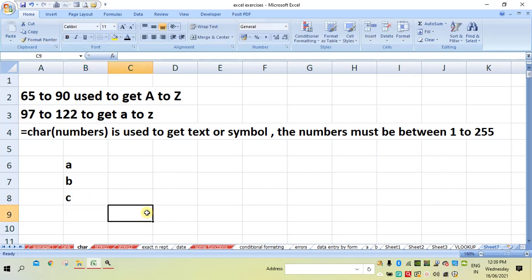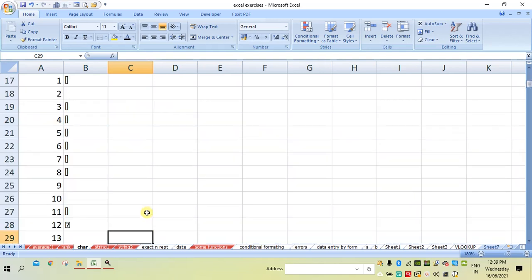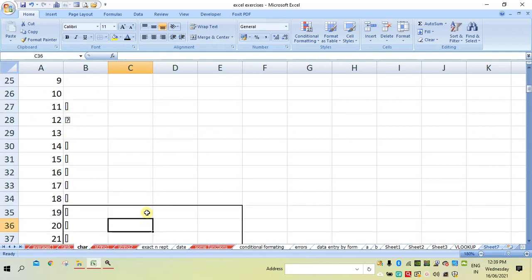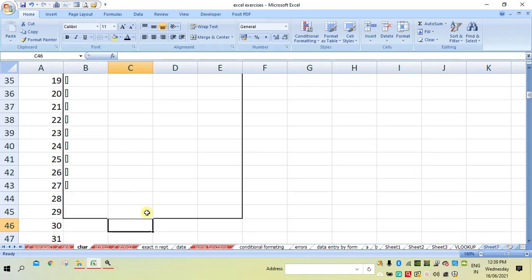This way we use these numbers to get different alphabets. Similarly, if you want to see the other symbols, you can see here, these are the other equivalent symbols we have.